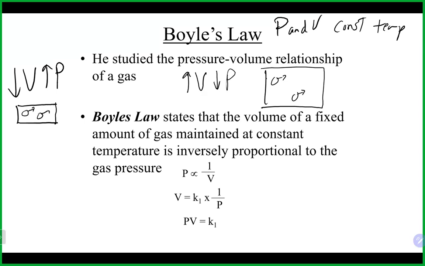And there's going to be a lot of collisions that's going to occur in that smaller volume. The result of that is we're going to see the pressure go up as a result of the number of collisions. So the smaller the volume, usually more collisions, higher pressure. Larger the volume, less collisions, lower the pressure. So the relationship of Boyle's law is basically as one goes up, the other goes down.